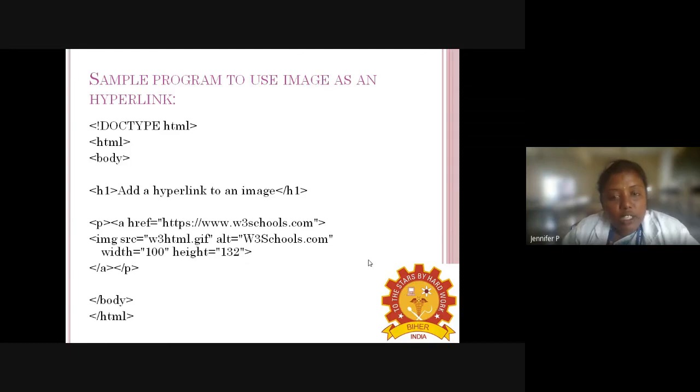And img src equal to some image source you are giving here, w3html.gif. So .gif is the image file format. Alt is the attribute we are using here, alt equal to, within double quotes, w3schools.com. And width equal to 100, height equal to 132. Then you close the A tag and paragraph tag, and close the body tag and HTML tag also. So this is a simple program to use an image as a hyperlink.